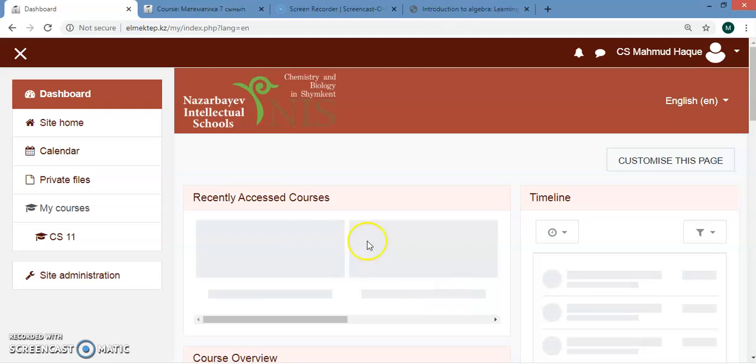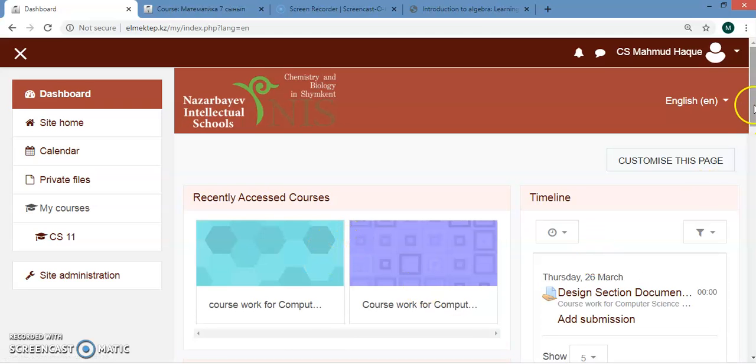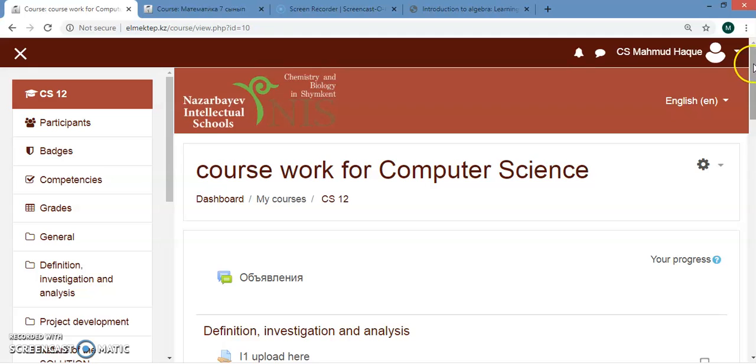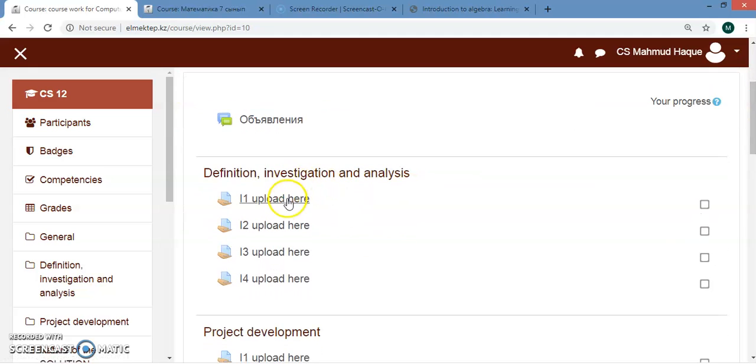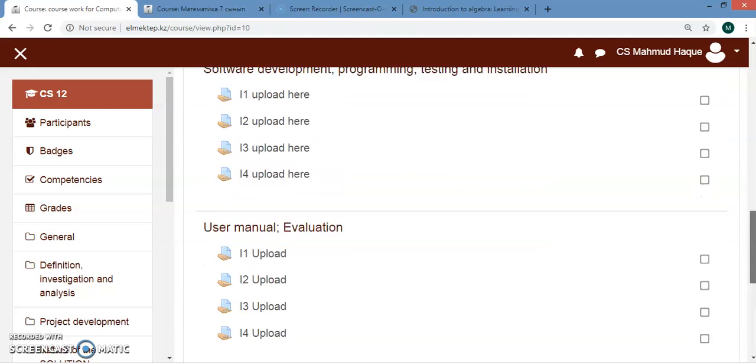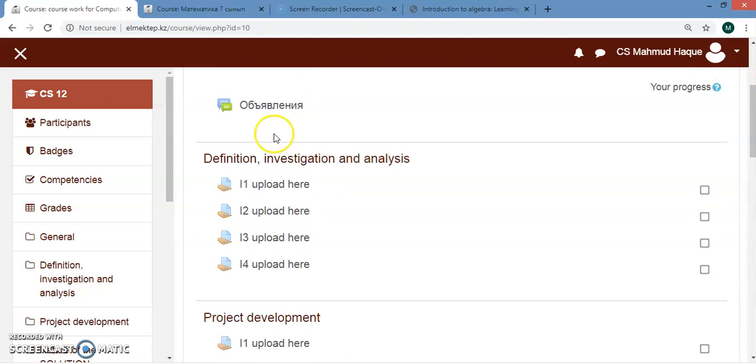This is my course page. This is the IT Informatica course page for me. So this is my grade 12 stuff. If I just go inside grade 12 quickly, I could see they had different sections and each group had different assignments to hand in over the last couple of weeks. So for instance, if I go into I1 uploads,